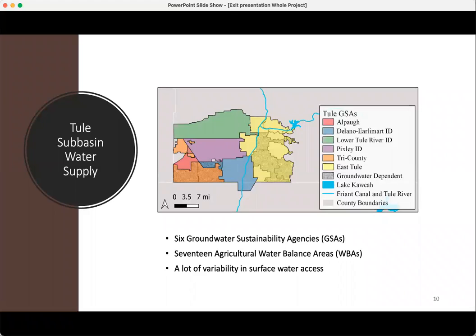Right. The subbasin is made up of 6 groundwater sustainability agencies. They all have an agreement in terms of the plan. There's 17 agricultural water basin areas, and this is going to inform how we do some of our modeling. A lot of variability in surface water access as well. So there's areas in the subbasin that have good surface water access. There's areas that don't, and so that's going to drive some of these